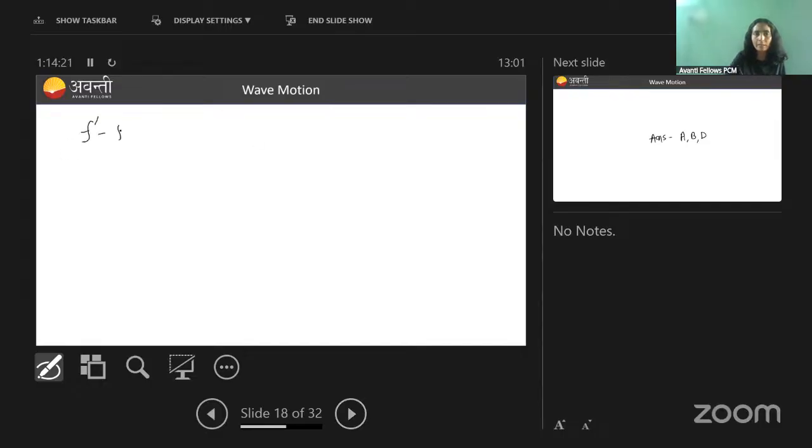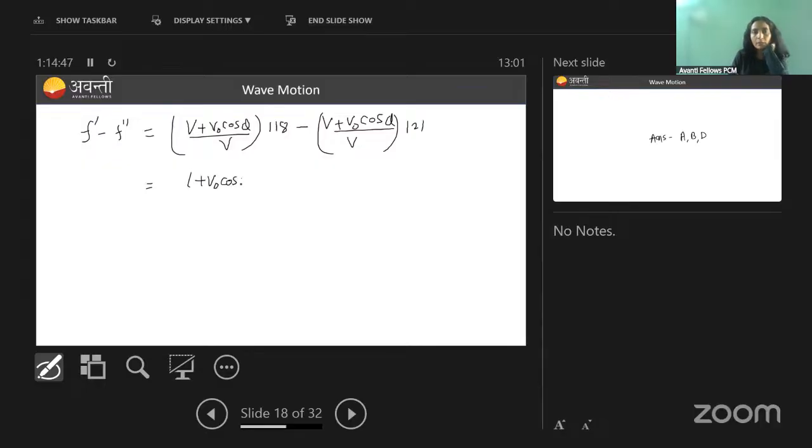be getting? F dash minus F double dash. If I solve this, I will be getting V plus V naught cos theta by V, this is 118, minus V plus V naught cos theta divided by V, and this is 121. If you go on to solve it, what are you going to get? This is 1 plus V naught cos theta by V, and this is your 118, minus 1 plus V naught cos theta by V, and this is your how much? 121. So 118